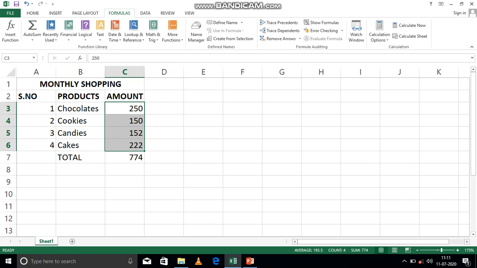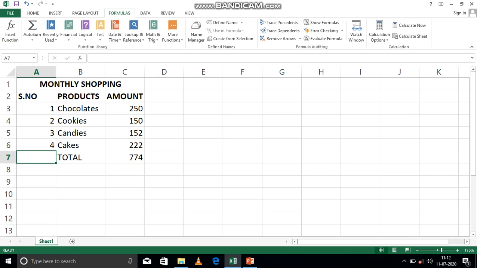Now you know the meaning of cell. Cell means this, and you can also see the cell address over here. Like if your cell pointer, this is called the cell pointer, which you can move by clicking or by using the arrow keys, and then you can see it is visible over here. So this is how we use the sum function to add any specific given values.